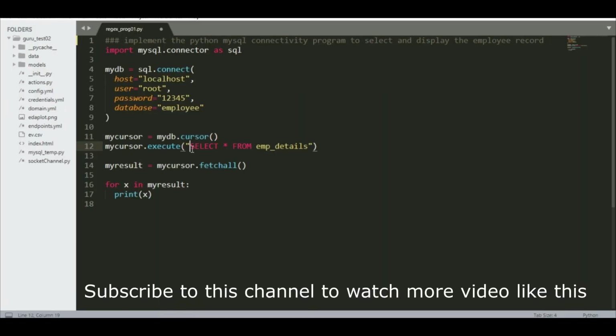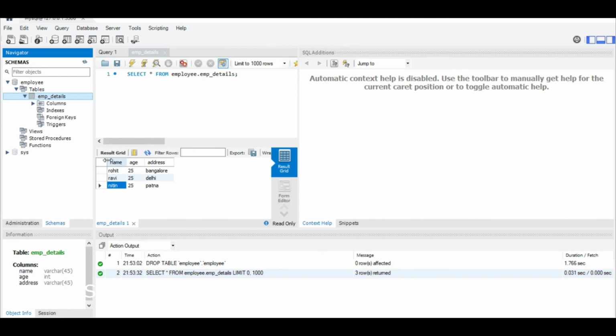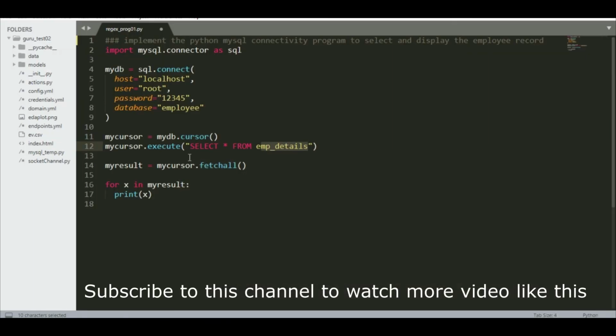See here what I'm going to do. I'm going to use select star from employee detail. That means select all records from employee detail. What is employee detail? Employee detail is a table that we are using. So select star means select all the details of the employee from this table. Now when I got those details, we will execute that one. Once we execute it, this is called a query.